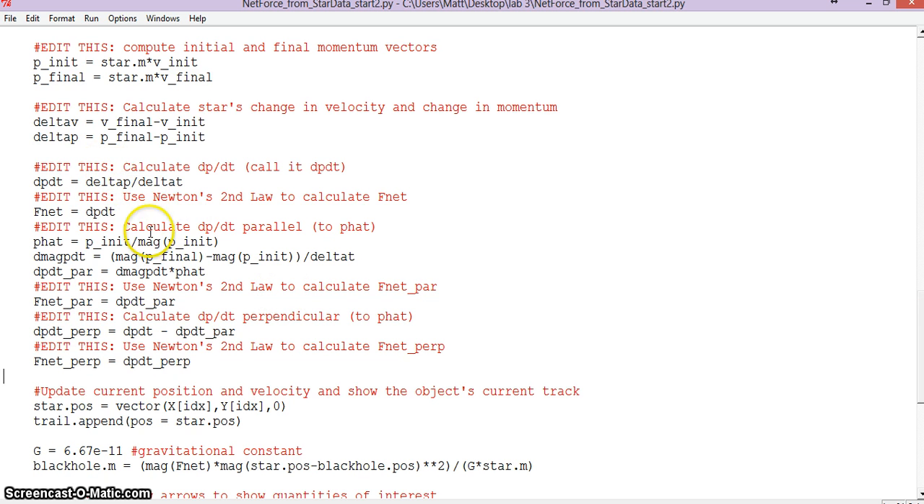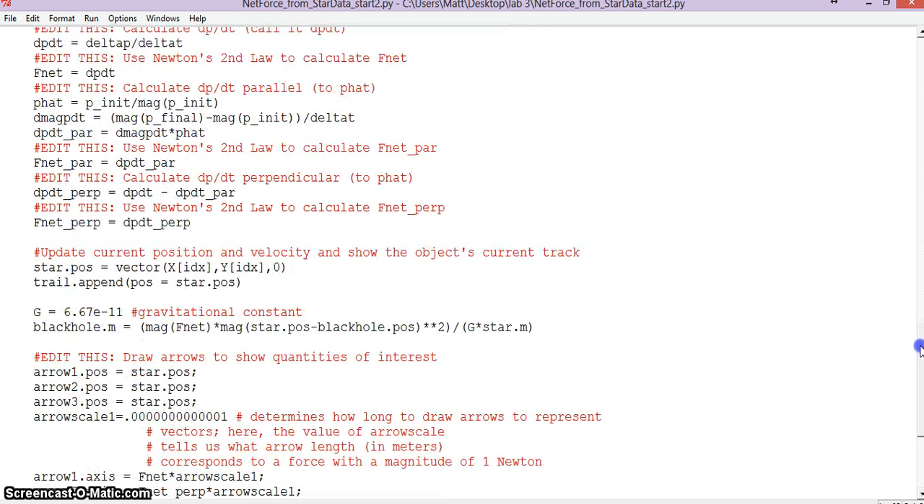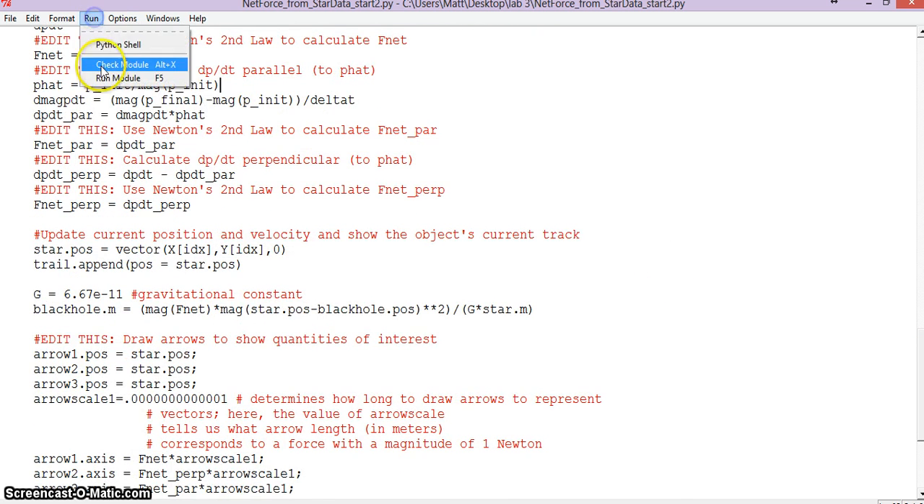So what we do is we split up the net force into two different parts. We have the dp/dt parallel, which is the parallel force, which is multiplied by p hat. Now p hat is actually the unit vector of the momentum. Since we want the parallel force moving in the same direction, we multiply it by p hat and we get the parallel force. And then we use the perpendicular force and rerun it, and we get